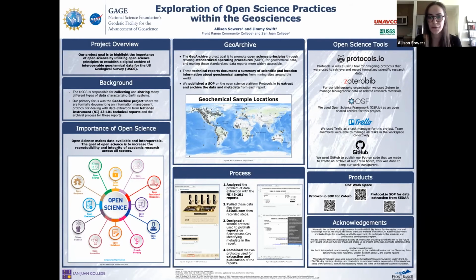Yeah, specifically for this project, the two best things would be our standard operating procedures for data extraction and archiving, those two processes, and those would be in our products. We've got the protocols right here. It's basically a step-by-step instruction guide on how to extract the data from the CDAR website and then how to archive it properly so that it can be easily accessed in the future. So those would be probably the best two products that could be used in the future.